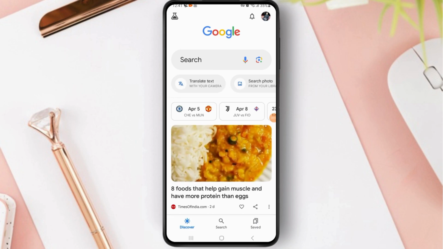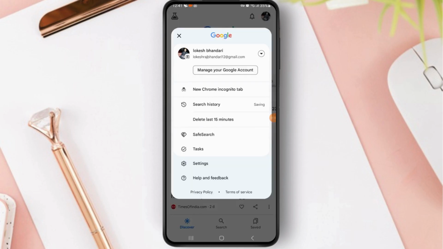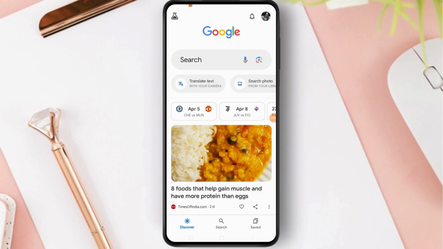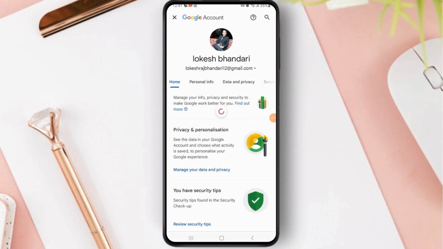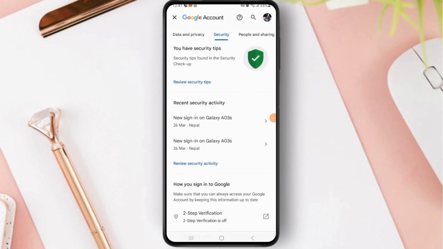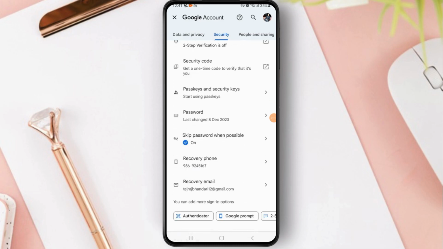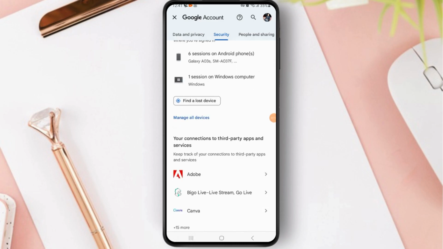And you can see on the top right corner a profile icon. Tap on that and you come to this section where you can see manage your account. Tap on that, and swipe right and you can see security. Tap on that. You scroll down and you come to a section where you can see